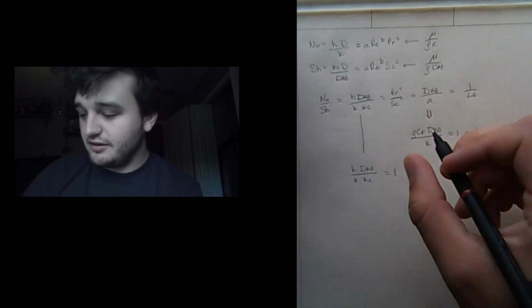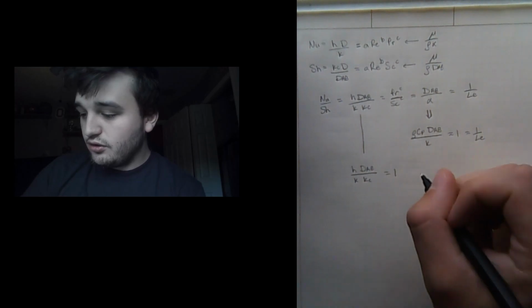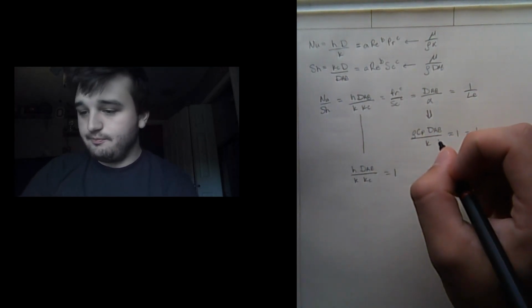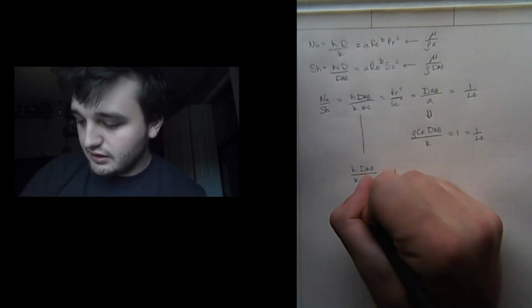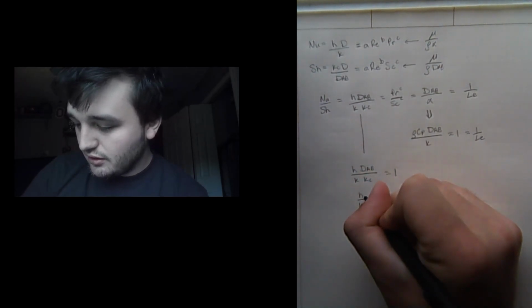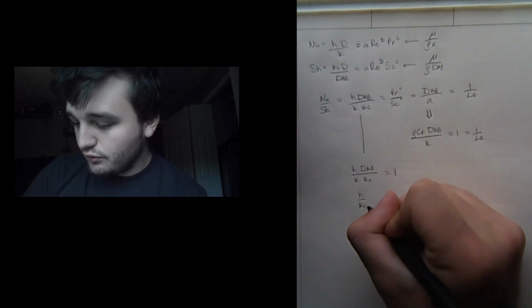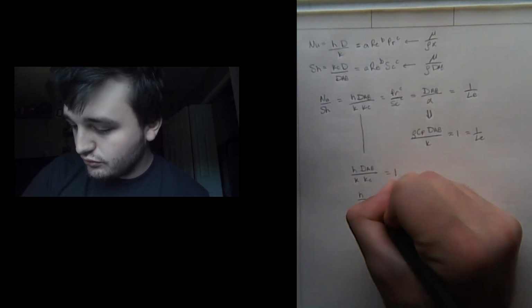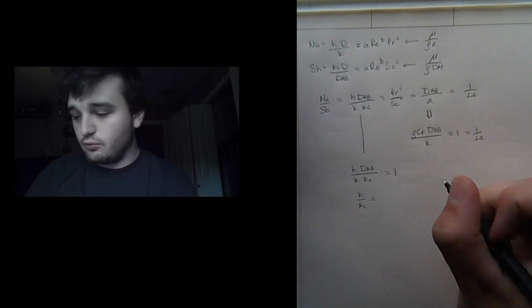So now that that's equal to 1, we can say that basically H over Kc, the heat transfer coefficient over the mass transfer coefficient, is equal to,